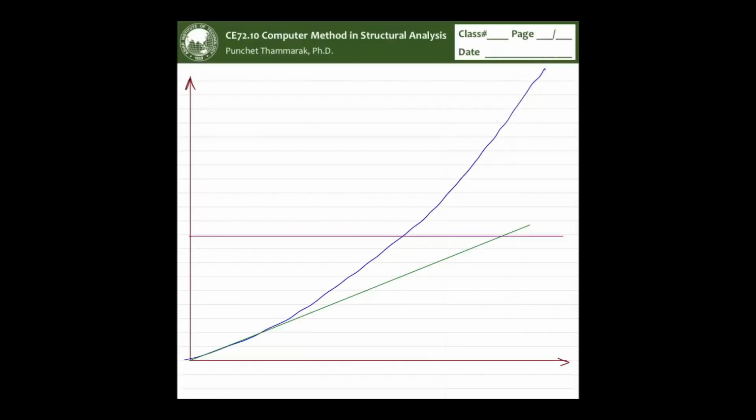Run out of the space, and this line, and I need this load. Okay, and I just draw the tangent like this. Okay, so using the initial stiffness K0,